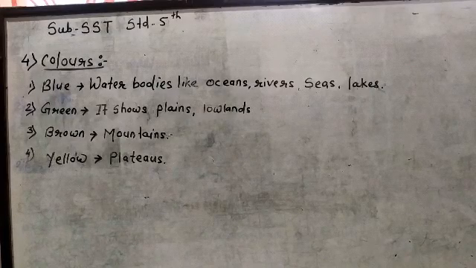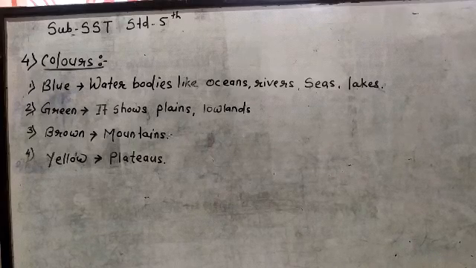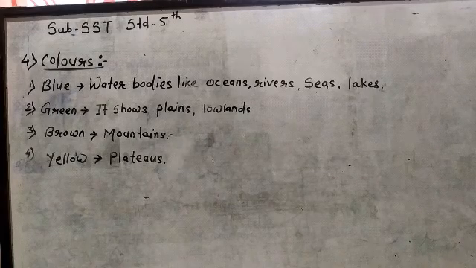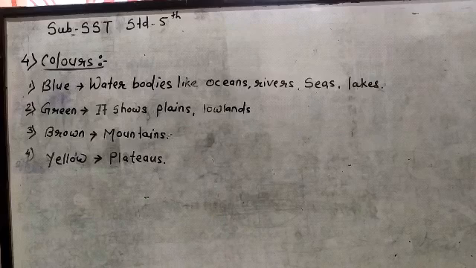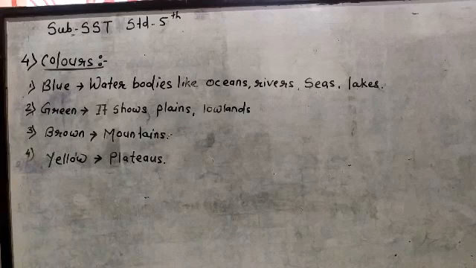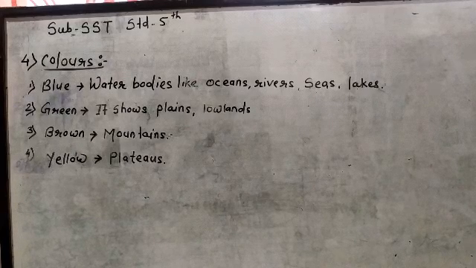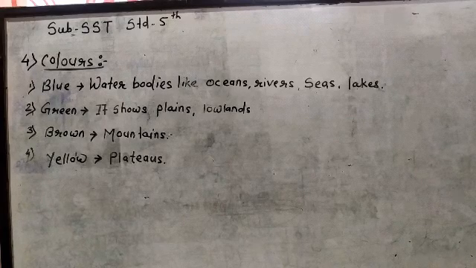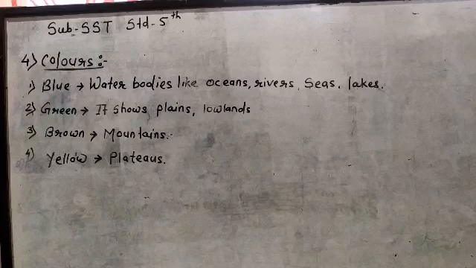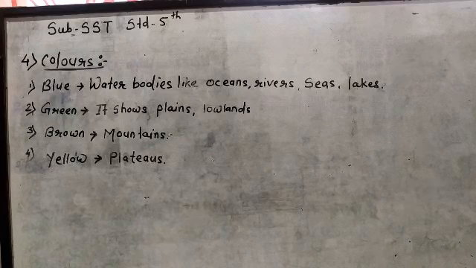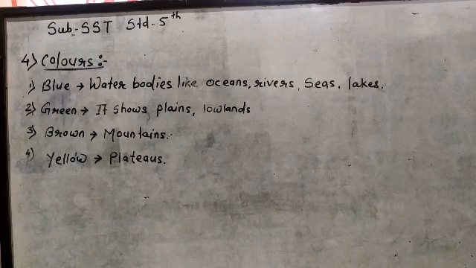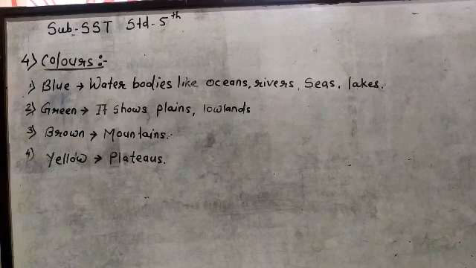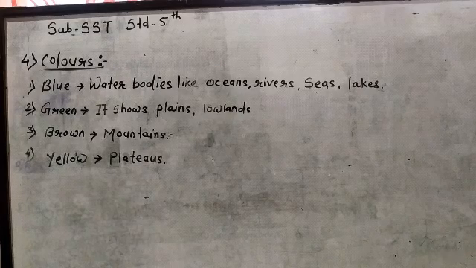And the third map is thematic map. Thematic map shows us the annual rainfall of India. So there are three types of maps given in our book. First one is physical map of India, which shows the geographical features of India. Second one, political map of India. With the help of this political map, we will see the international boundaries, state boundaries, country capital and the state capital. And the last one is thematic map, which shows us the annual rainfall in centimeter.